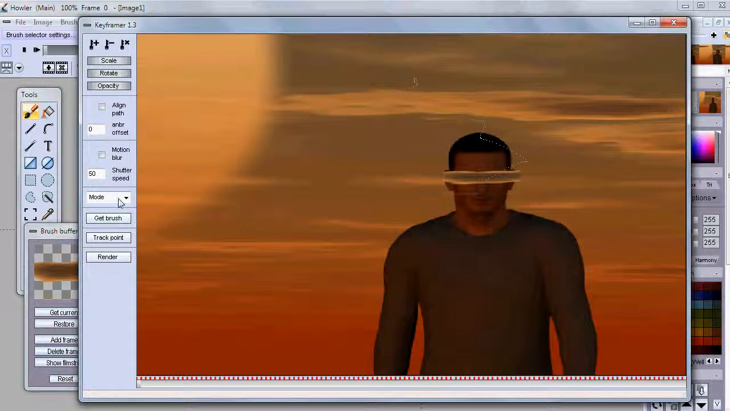Let's get the brush, and there it is. Now one thing you can also do is look at the different modes here. You can use the opaque mode, or you can use the additive mode, where it's going to actually modify the color. You would still see the eyes back there. You could subtract it,